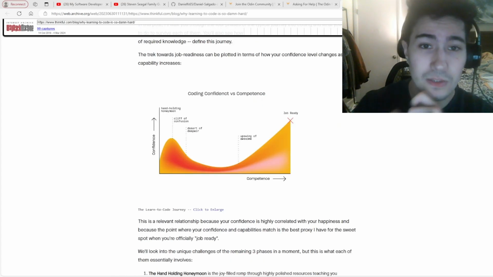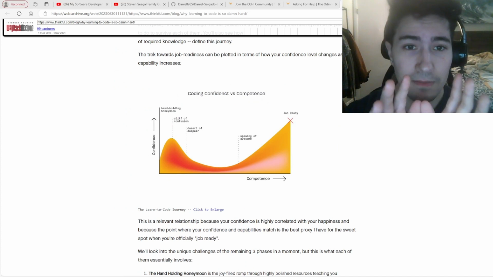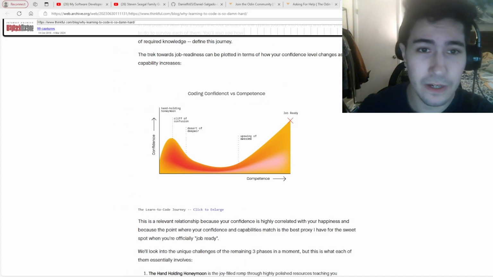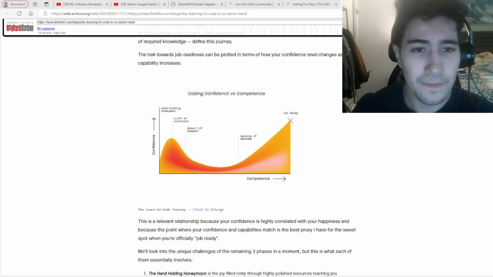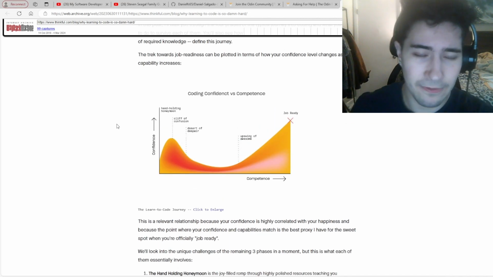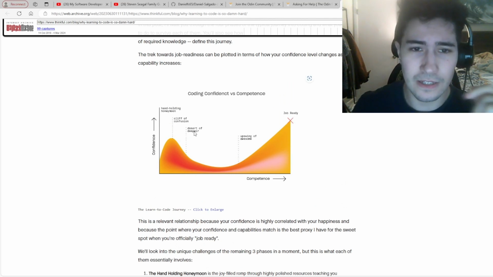One of the things that I found most interesting was this concept over here where it shows this graph, and it shows the hand-holding honeymoon, the cliff of confusion, the desert of despair, the upswing of awesome, and job ready.